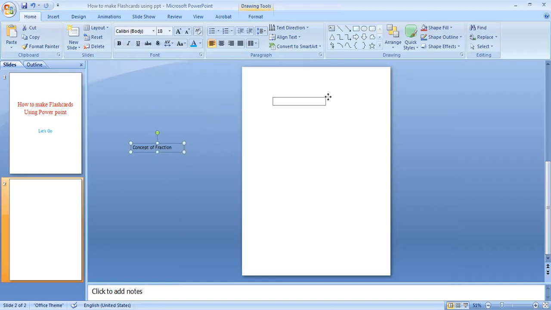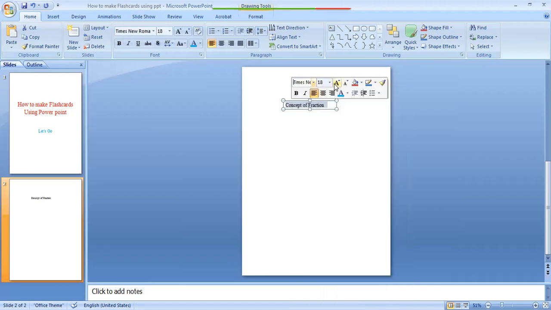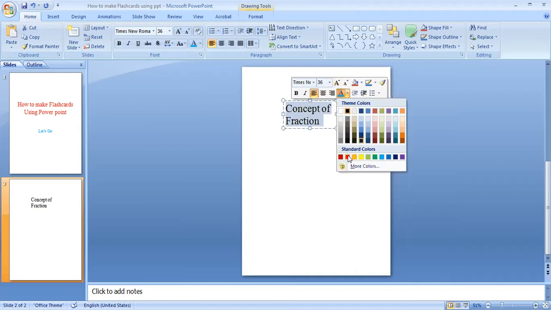Now I take it here by selecting them. We can also change the font size and color, etc. I select them and change the font. By clicking this one, we can change the font size. I can also change the color of the font.